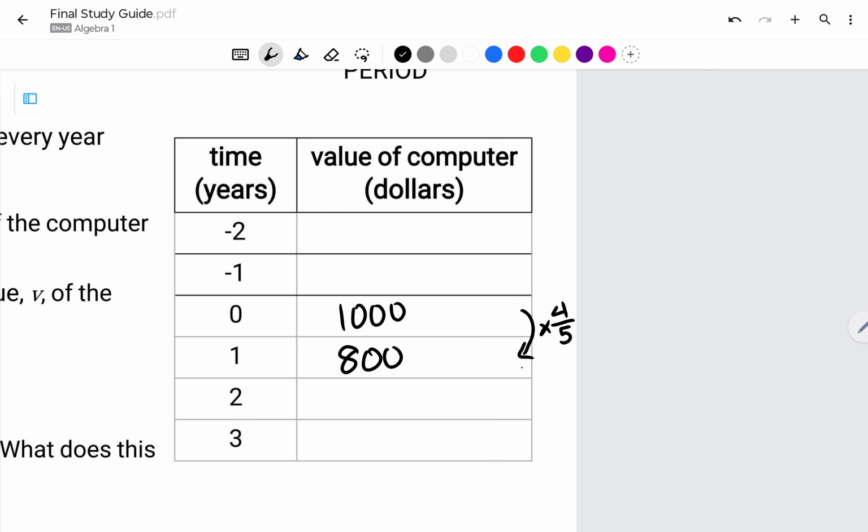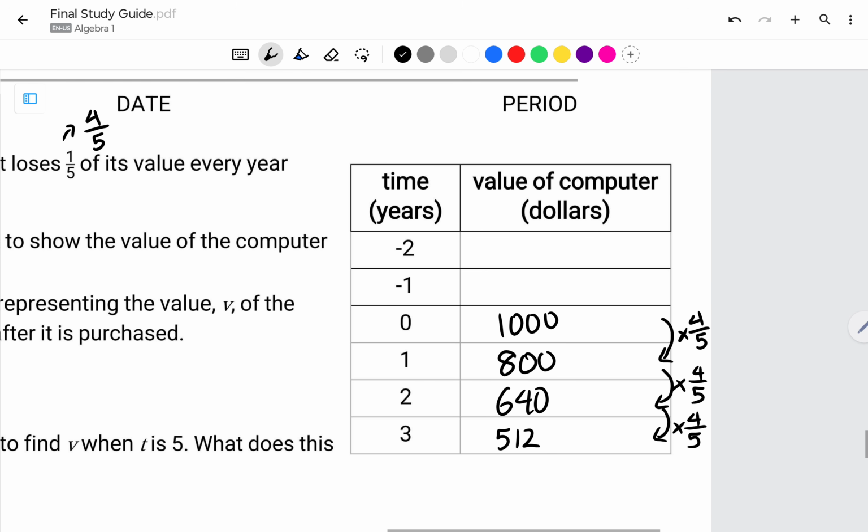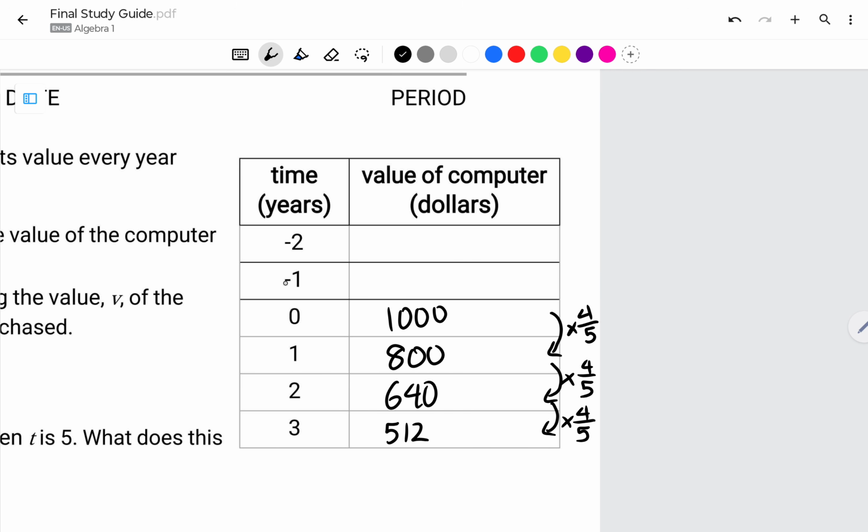And then every year, keep multiplying by 4/5. 800 times 4 divided by 5. That's 640. And then multiply by 4/5 again, times 4 divided by 5. Now it's 512. What if I go backwards, right? What if I bought